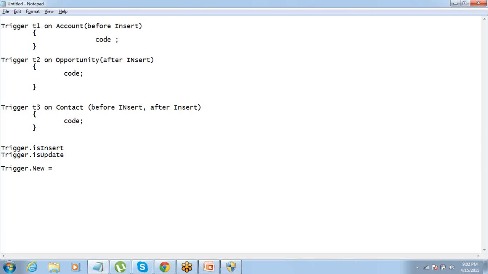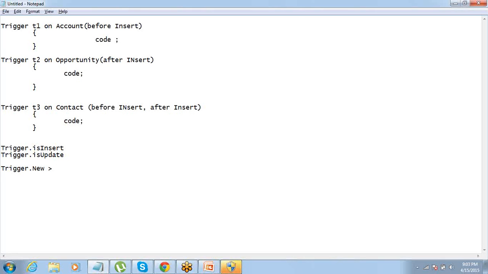Okay. To make it simple for you to understand, let me explain it this way. This is the SObject. There's a list of SObject. Okay, list of SObject, which stores the records which are being updated or inserted. Got it?